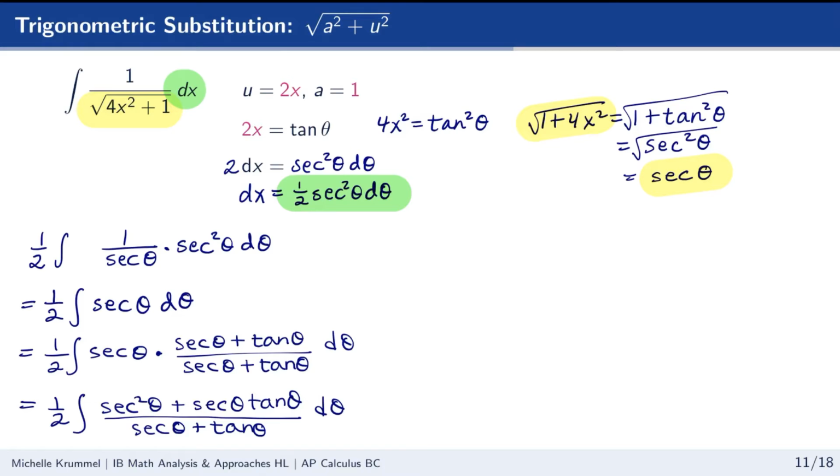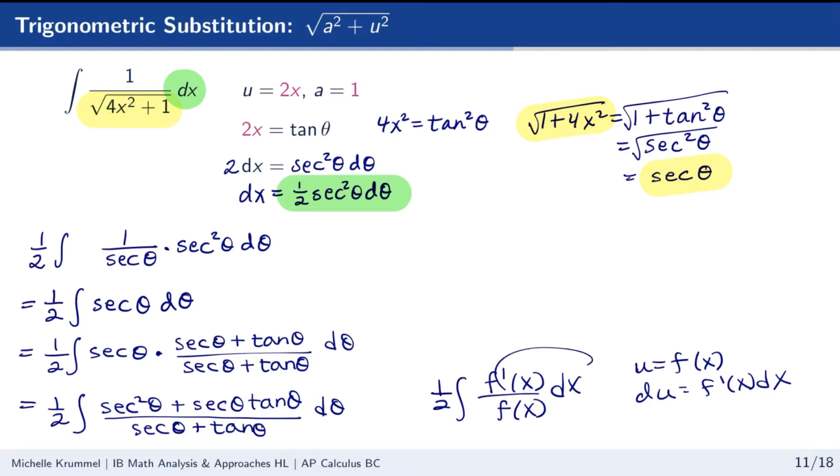How do you integrate something in this form? Integral f prime of x over f of x dx. How would you integrate that? That is just a straight up u substitution. If u equals f of x, du equals f prime of x dx, and that's exactly what we have here, so it's just 1 over u du, which is ln absolute value of u plus c. Okay, so the u in our case is secant theta plus tangent theta,